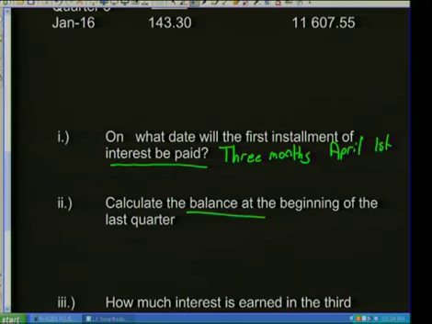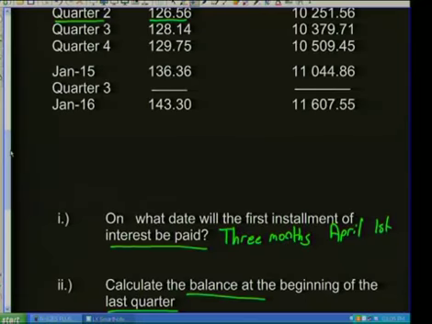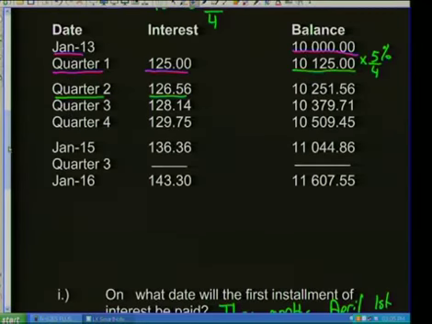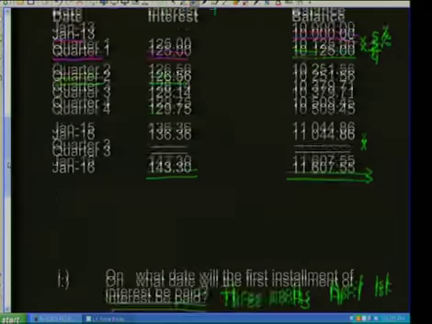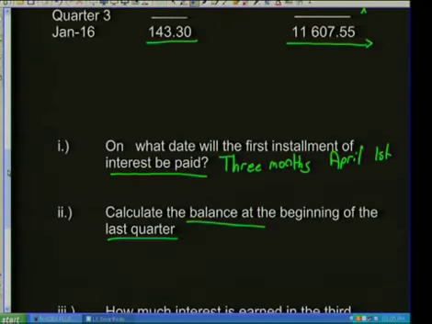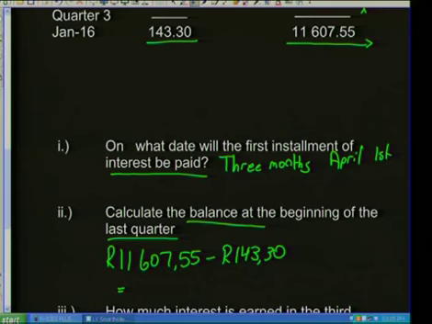Calculate the balance at the beginning of the last quarter. So this is the one which we've left out of the table. We want our balance here. Now, if we go backwards, what did we have? At the end of the day, we ended up with 11,607 Rand and 55 cents. He's calculated the last interest that he's actually earning in that last quarter. So if I minus the 2, I'm going to end up with that value there. So I'm taking my 11,607.55 minus the interest, which has now gone up to 143 Rand 30. And I get a total